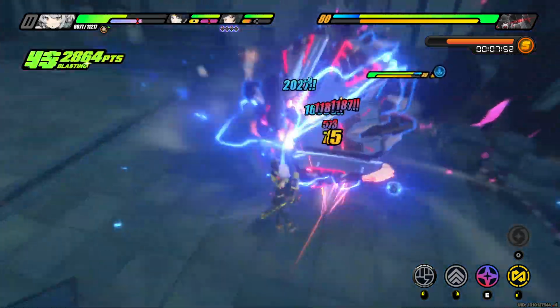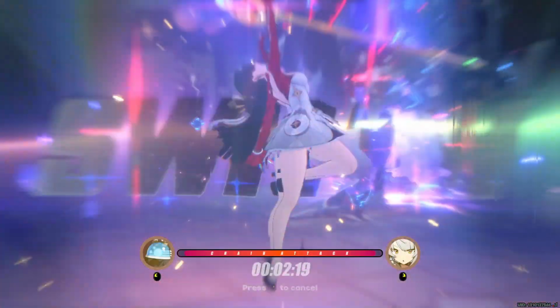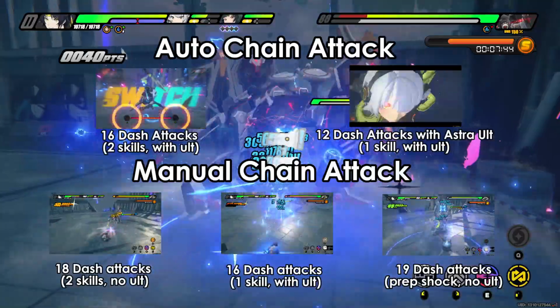Astra Yao brings in some interesting new mechanics with her enabling a bunch of quick assists and letting you chain attack without a stun. So how does this affect Harumasa? This video will be more about the combos and less about the damage, however I will touch on that when it's important. I have 5 relevant new combos specific to Astra Yao that I will show in this video, but